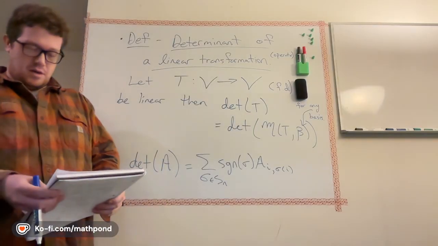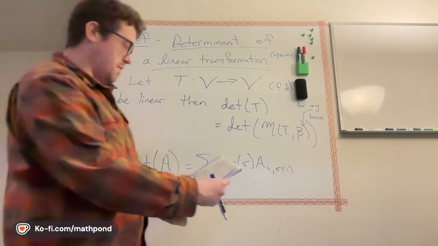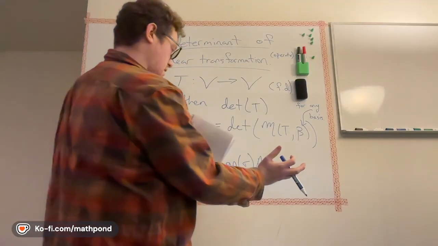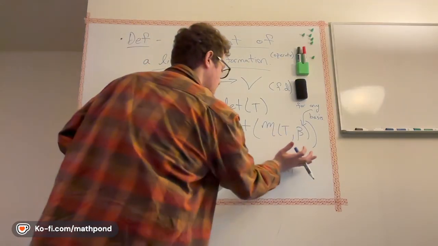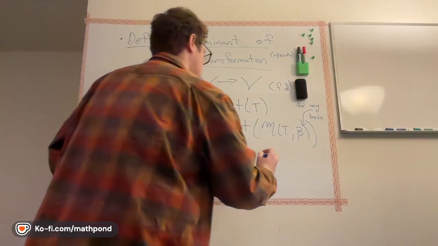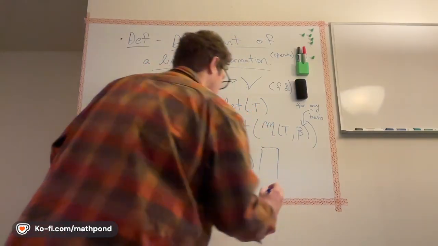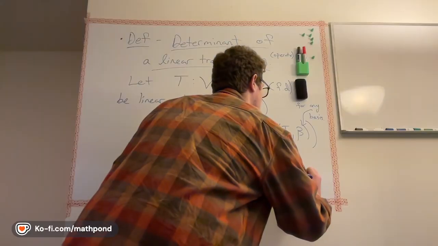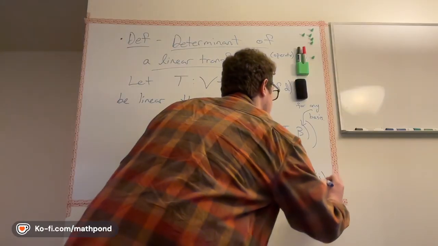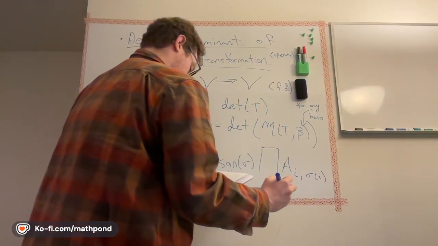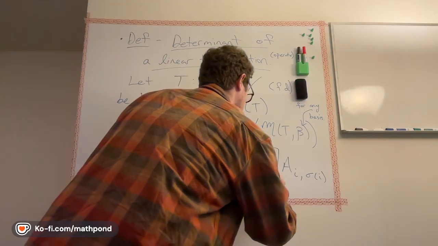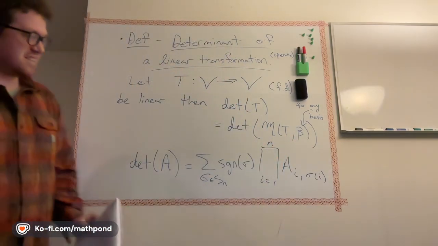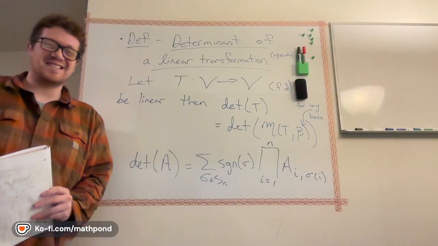Do I have this right? Yeah, and then, oops, sorry, we're going to be taking a product over all these. My bad. Hold on. This is not correct. It's going to be a sum over a product of the a_{i,sigma(i)}. I had an index there that didn't make sense because the index wasn't associated with anything.